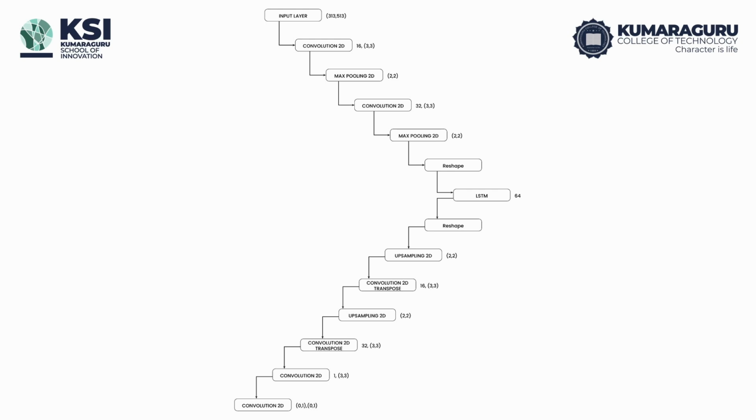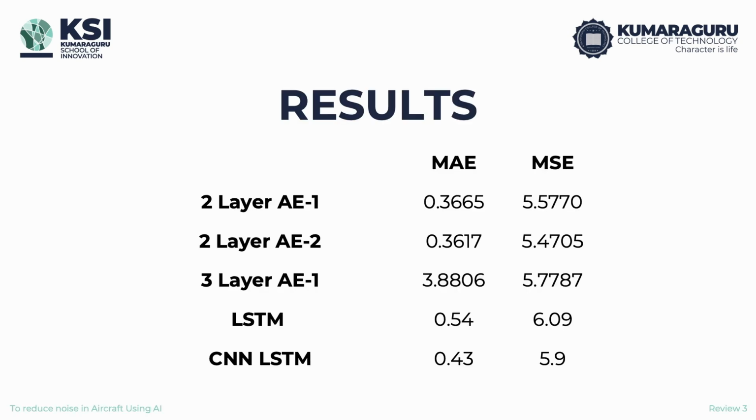This gave us the following results, and here you can find the simple LSTM architecture. This is it, and this is the convolution based LSTM, that is the combined hybrid architecture. The highlighted one is the LSTM inside the latent space, in between the encoder and decoder. Here we have two convolutions like this. So these are the results that we got for LSTMs.